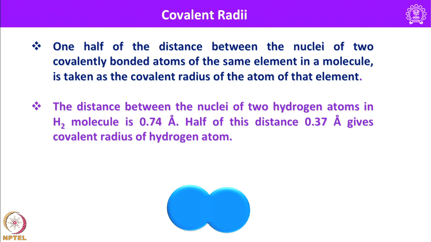And you can see here how to determine the covalent radius. For example, you take a diatomic molecule shown like that, and the distance between the two nuclei gives you the covalent diameter, and half this distance is what we call the covalent radius. So, one can calculate the covalent radii of other elements from the internuclear distances, using elements whose covalent radii are known. For example, if you consider methane,